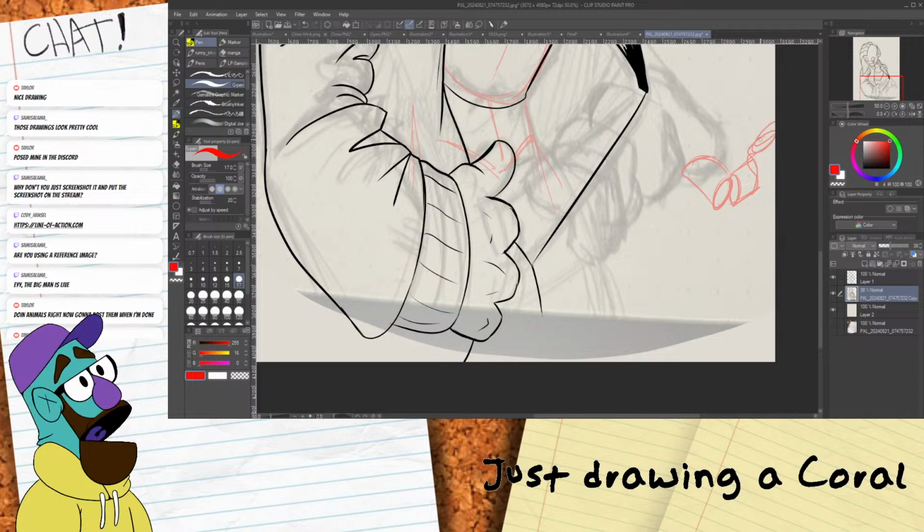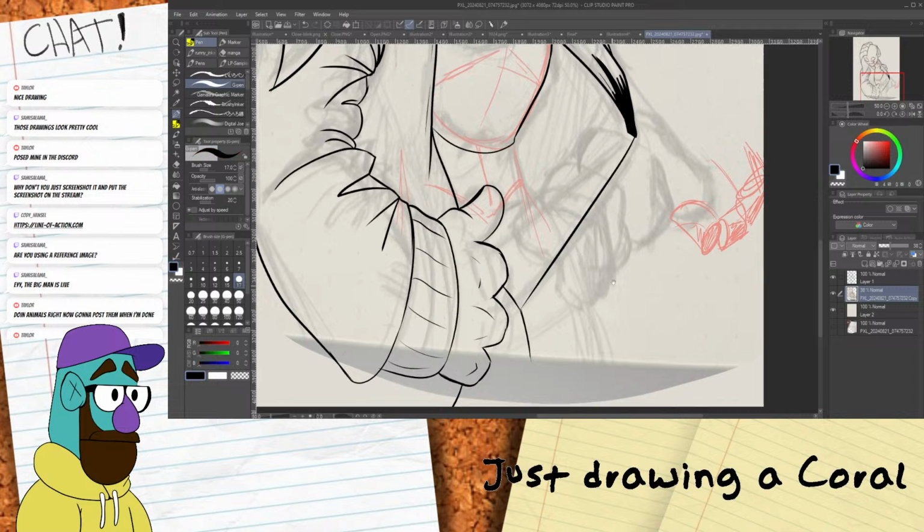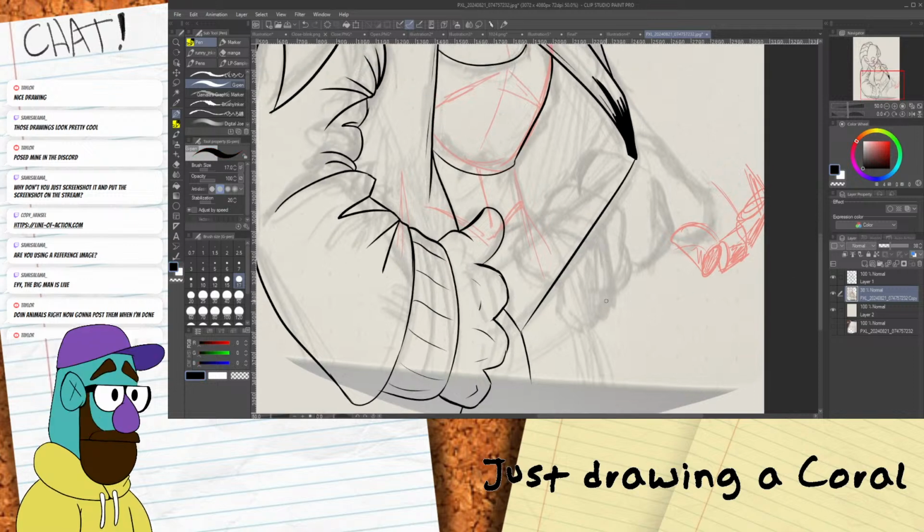And then it connects to the rest of the hand. There. Okay. So